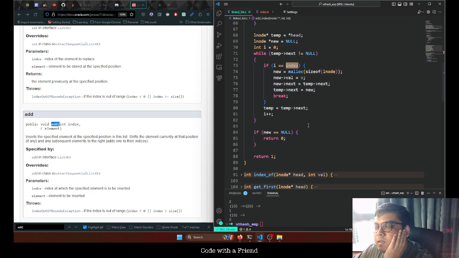Is there a possibility that you might want to insert at the end? You might insert at the end, right? Because if, let's say, you have 4 elements and you say index 3,